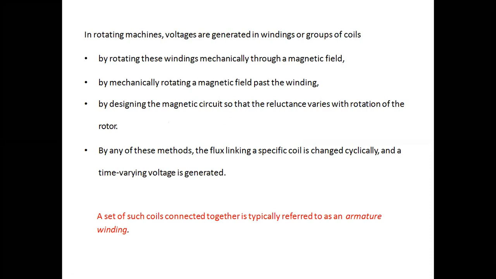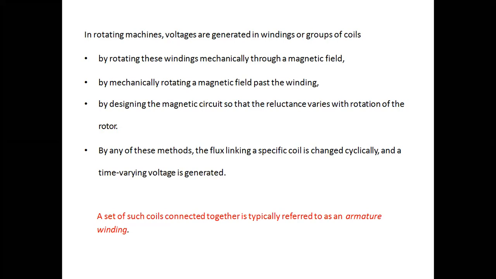In the rotating machines, voltage is generated, that is in the form of a coil or that could be created in the winding, because if you see the construction of the rotating machine, it means what? A DC machine will consist of a rotor and the stator. If you see the rotor, we have seen we are using the armature, commutator, brushes, and we are using the field winding.